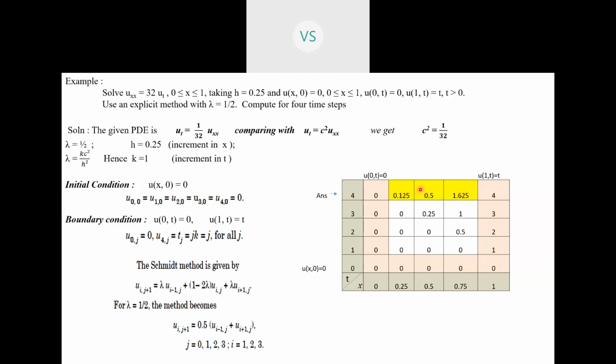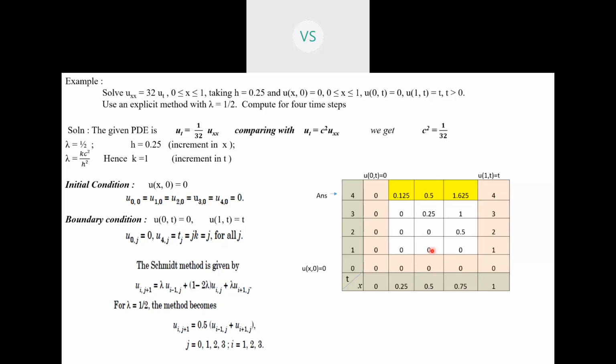So you have to find these values from the previous values. You can see these values we have found out from the previous values. How are we finding it? Just by doing some addition and multiplication. So this is nothing but the explicit method, and an individual value we are finding over here. Yes or no? An individual value we are finding from the previous values.